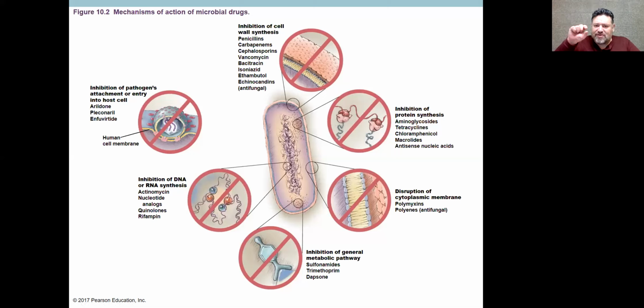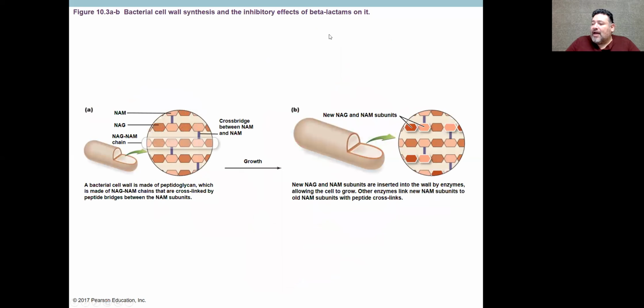Gram-negative microorganisms, which have a thinner peptidoglycan cell wall, are also susceptible to this, but not as much as gram-positive. So if you are fighting Staphylococcus aureus, this is the main antibiotic mechanism that you're going to use, something that inhibits the production of that thick peptidoglycan cell wall. Okay,